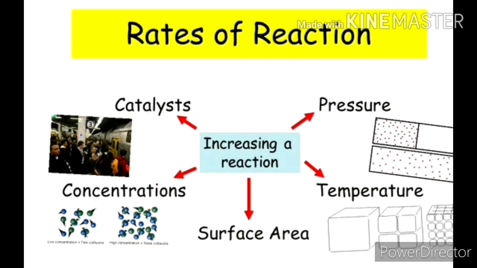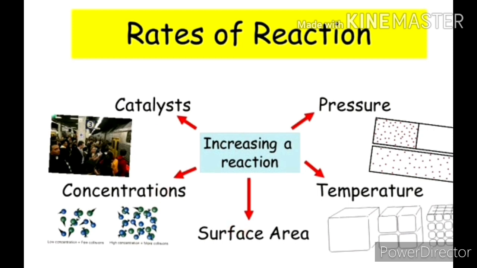Students, you must have observed that in our day to day life, we see many chemical reactions taking place in and around us. Some reactions take days, months, or years to take place. That is, they are very slow reactions like rusting of iron. Whereas some reactions take place in a fraction of a second, for example, explosion of fireworks. This means the rate of reaction is different for different reactions.